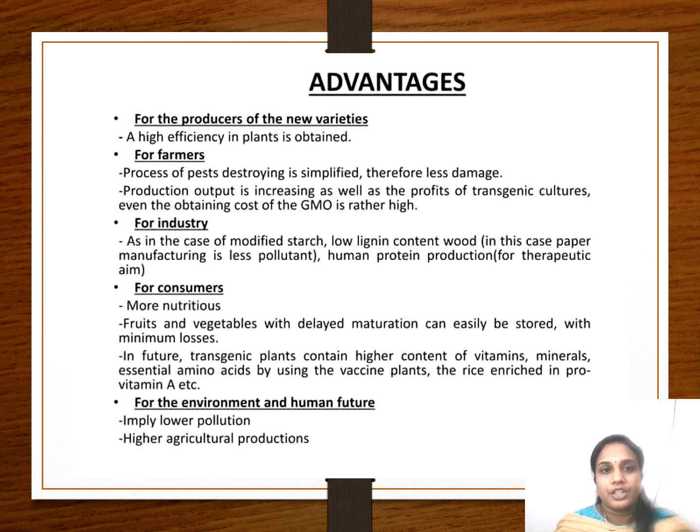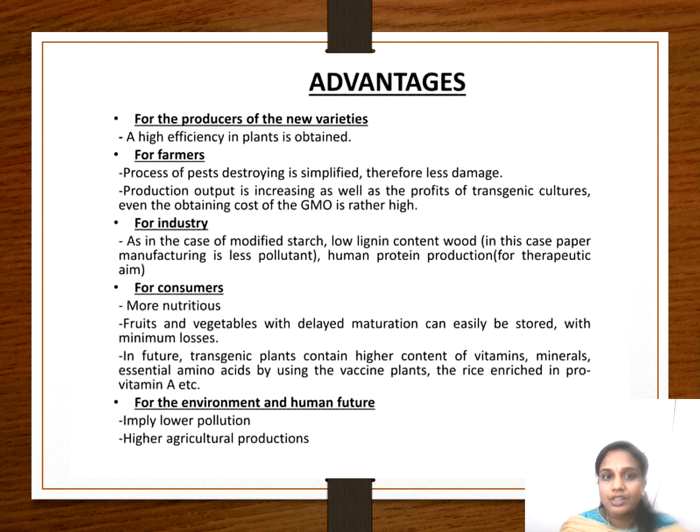Coming on to the advantages for the producers of new varieties, high efficiency in plants is obtained. For farmers, the process of pest destroying is simplified, therefore less damage. It also enhances the production output as well as the profit of transgenic cultures. Even though the cost of obtaining genetically modified organisms is rather high. For industries, as in the case of modified starch, low lignin content would